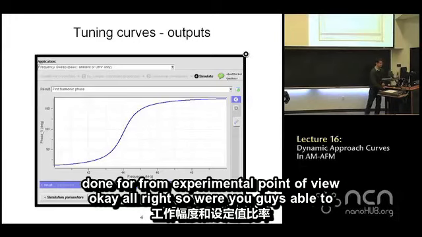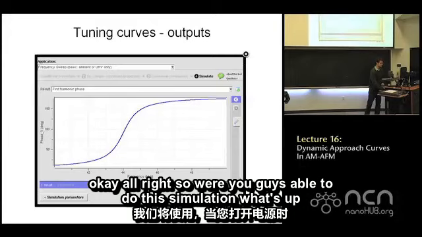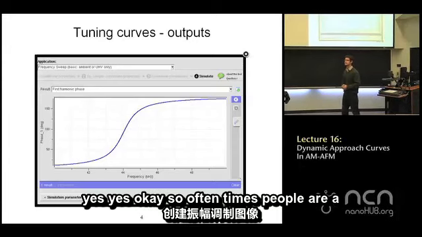All right, so were you guys able to do this simulation? What's up? Okay. Yes? Could you comment on the sign of the phase? Yes. Okay, so